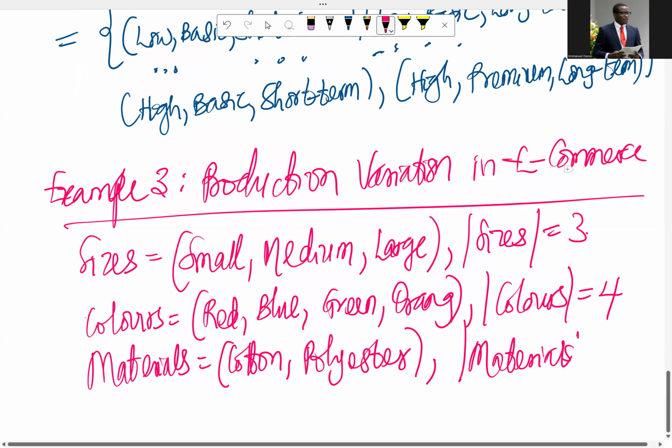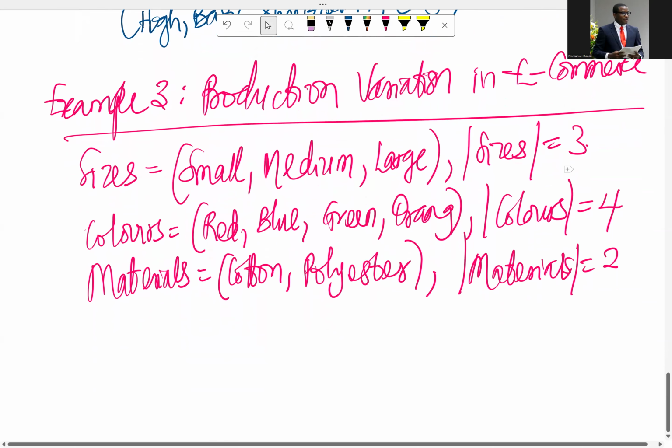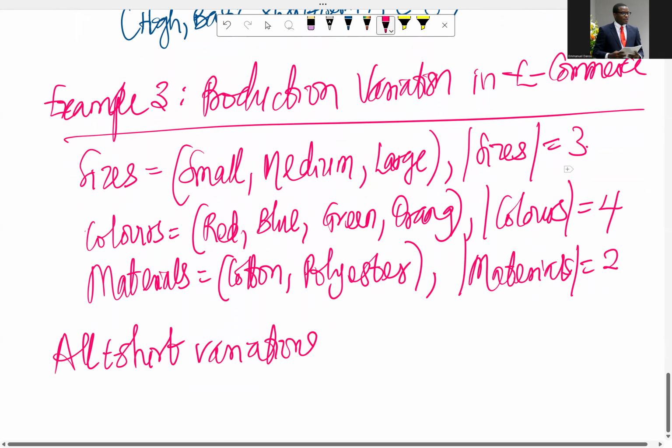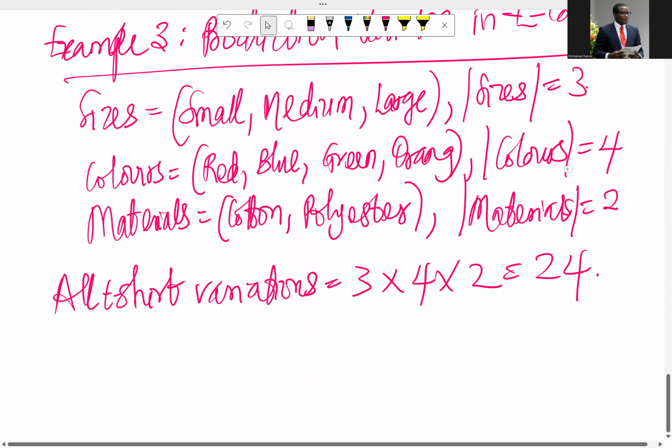So then we see that all possible combinations, all t-shirt variations that you can ever have, would be 3 times 4 times 2. That is 24. So you can have 24 possible combinations, and some of those possible combinations might be, without putting it in a set now,